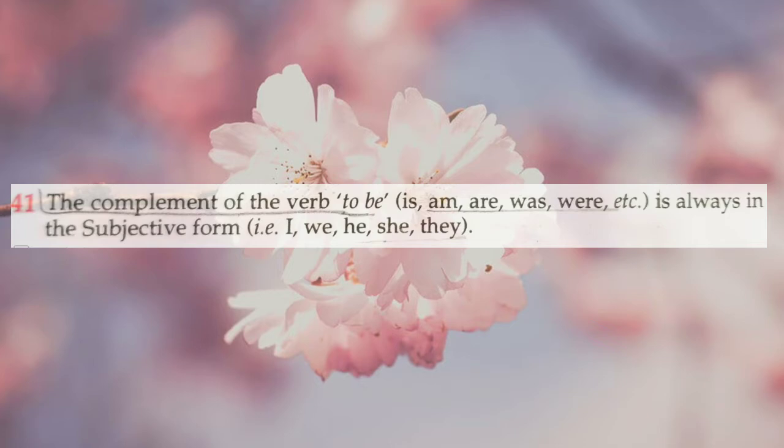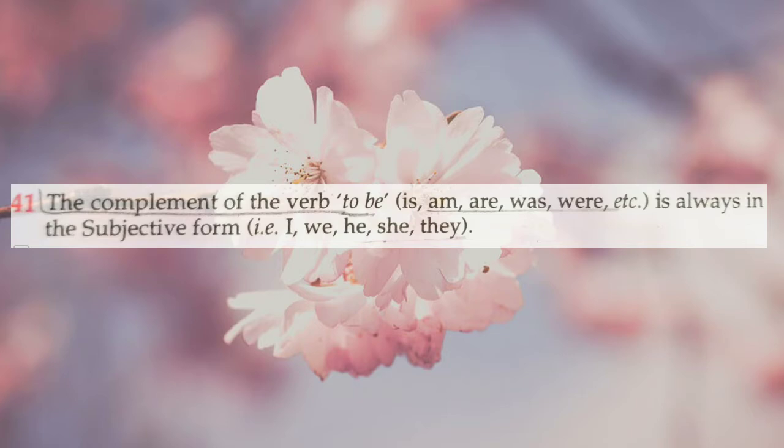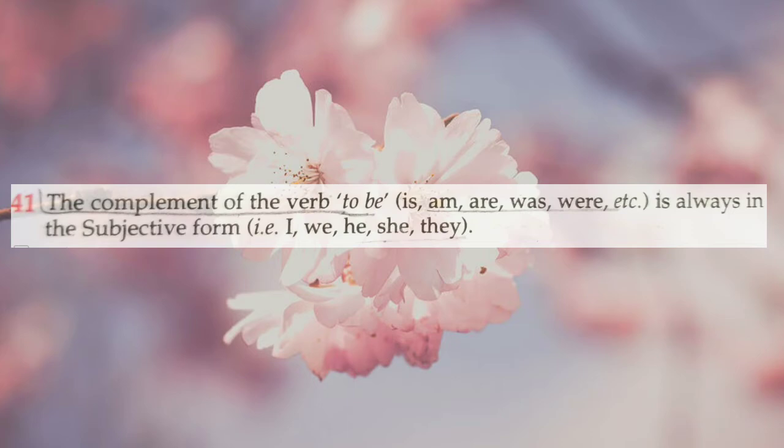It means when there is a main verb to be form, in that case, in the object place, if we need an object pronoun, because there is a verb to be, we will not use an object pronoun, but we will use a subject pronoun. For example, it was he. We will not say it was him. Here actually he is in the place of object, so the correct answer should be him. But because the rule says if it is a to be verb, then we will use the subject form. So we will not say him, but we will rather say he. So he is the correct answer.